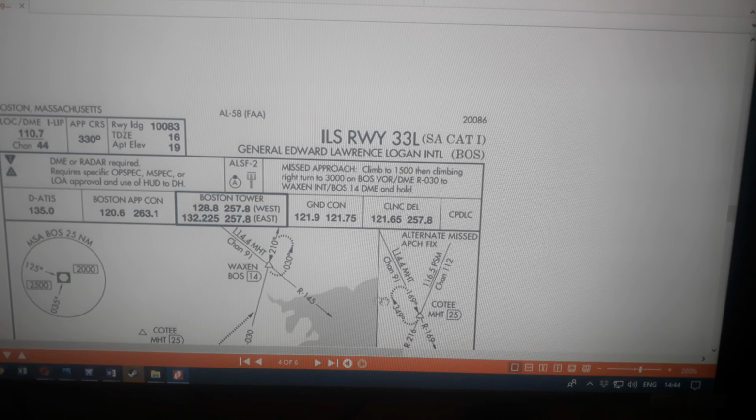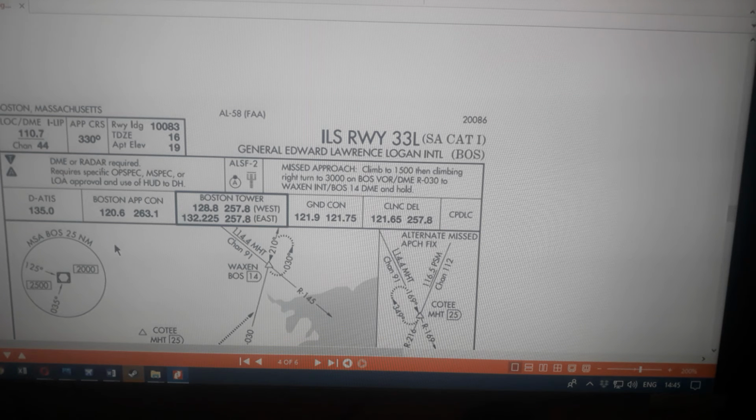Actually from the parking bay, it is ground or the apron control. Then you are taken to the tower when you are on the runway to take off. So one ATC doesn't handle all the functions. They have been given specific responsibilities, so you have to keep changing. You tune in those frequencies. These are the frequencies, 120.6 if you want to talk to approach control.